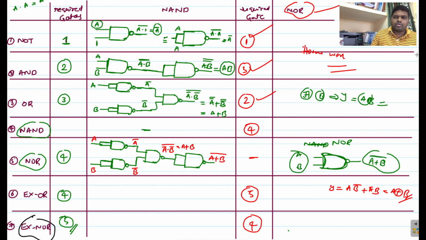So this is about logic gates. Okay, so 3 basic gates and 2 universal gates and 2 extra gates, and some properties as well as some important notes and realization of these basic, extra and universal gates with the help of NAND and NOR realization. Okay, this is all about logic gates. Okay, so all the best for your exam.